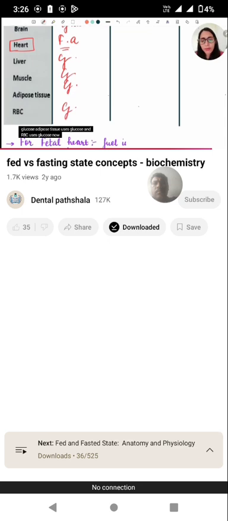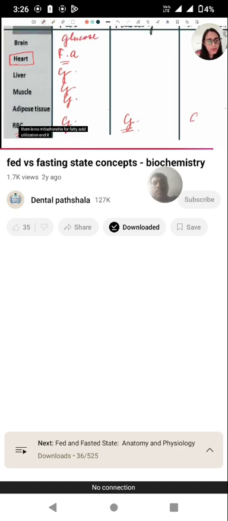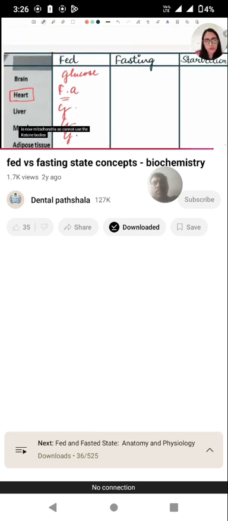glucose. Now remember one formula: RBC uses glucose in every state because there is no mitochondria. So in the fasting state also it uses glucose, as there is no mitochondria for fatty acid utilization, and so it cannot use the ketone bodies either. Now in the fasting state, tissues almost all use fatty acids, and in starvation we use ketone bodies or fatty acid. So in fasting, F for fatty acid.